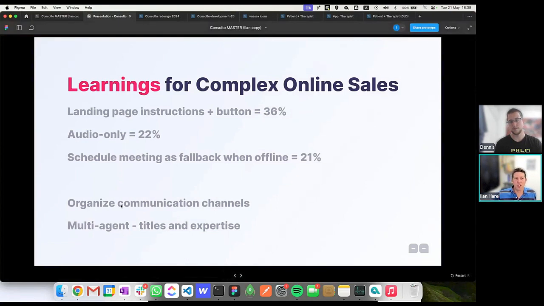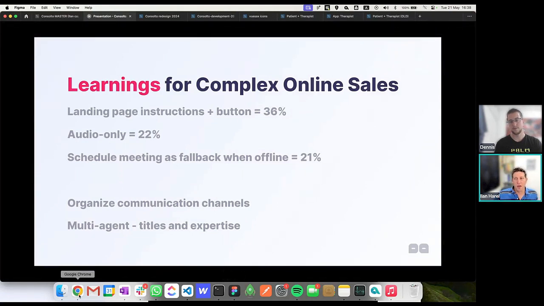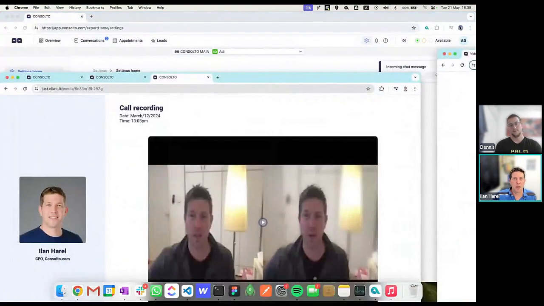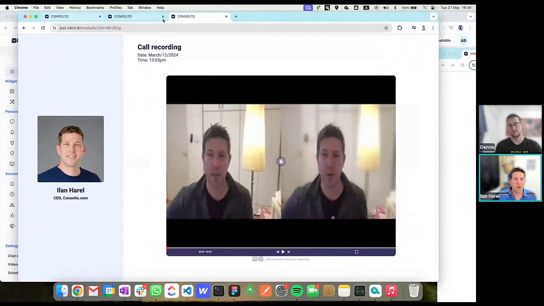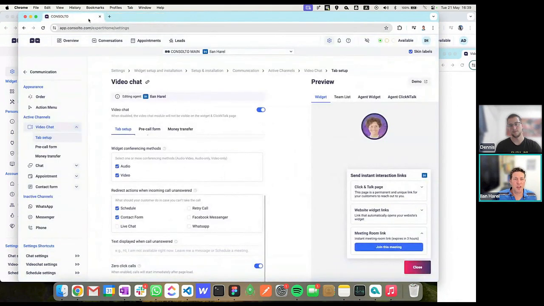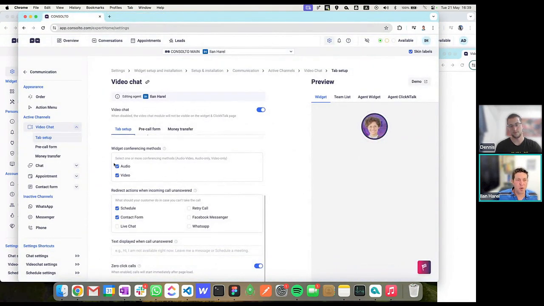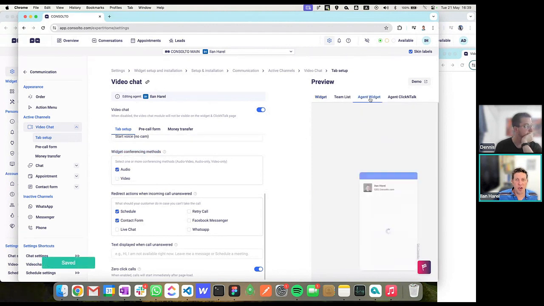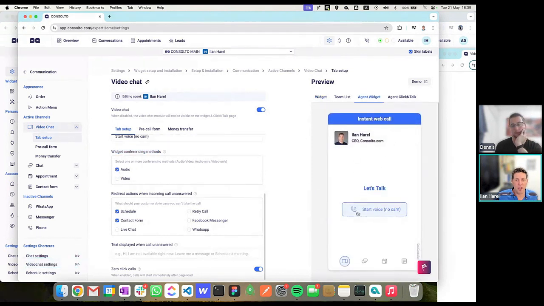The learning number two is use audio only when using calls. Okay, what do I mean by audio only? I mean when you're setting up the video, you can set the conferencing methods. So you remove the video, and then it's going to be audio only rather than audio and video.